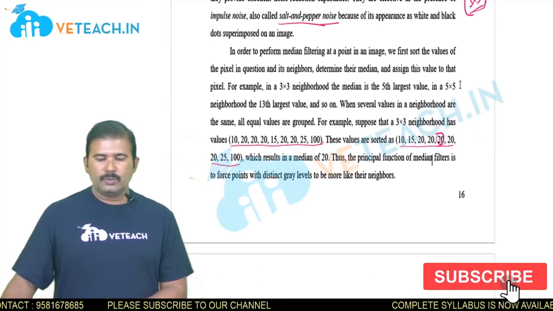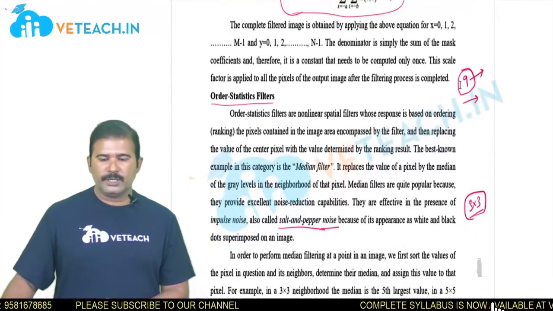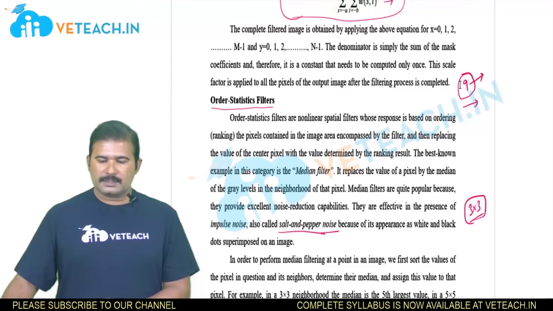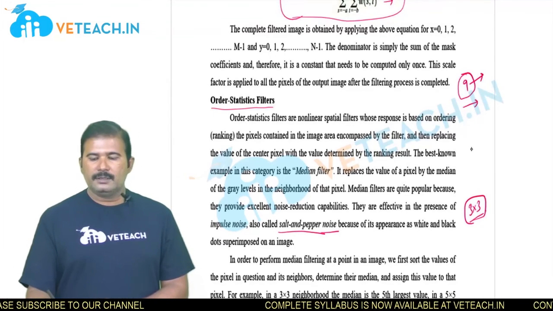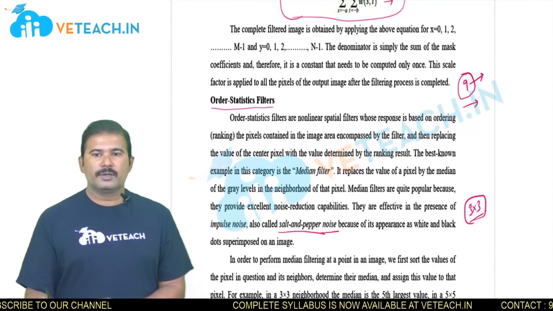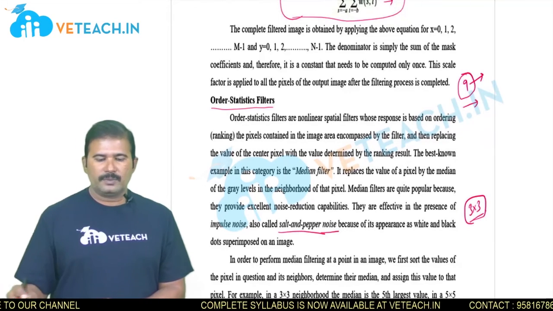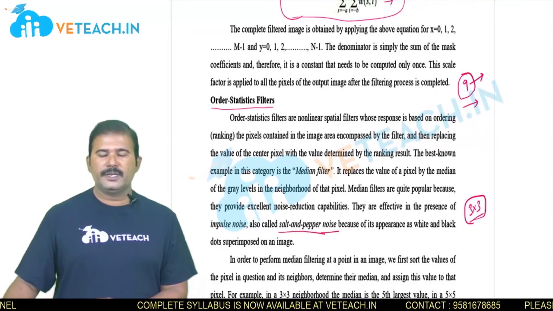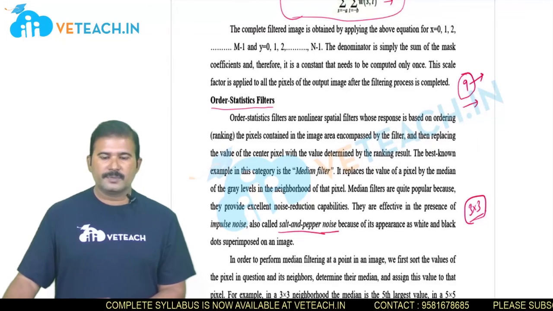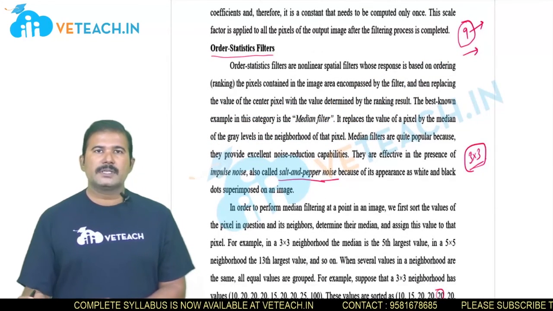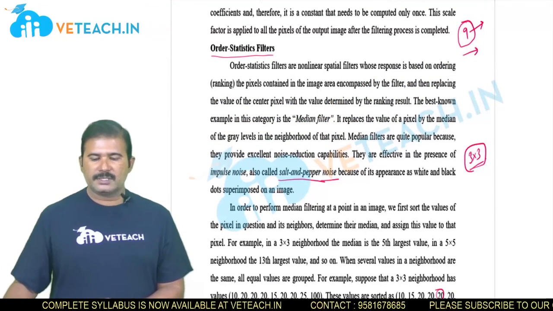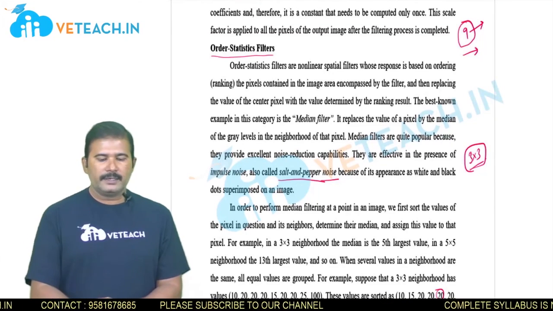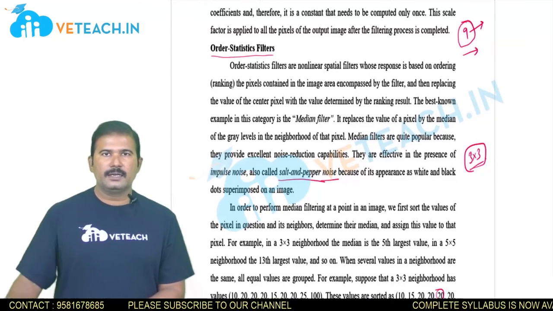So these are the two kinds of filters in smoothing. Smoothing or averaging filters are also called blurring filters, because by applying this kind of filter, the resultant image looks like a blurred version of the original image. So we have the averaging filter, the weighted averaging filter, and order statistic filters like minimum, median, and maximum. The first two, the weighted average and normal average filters, are known as linear filters, and the order statistic filters are non-linear filters.